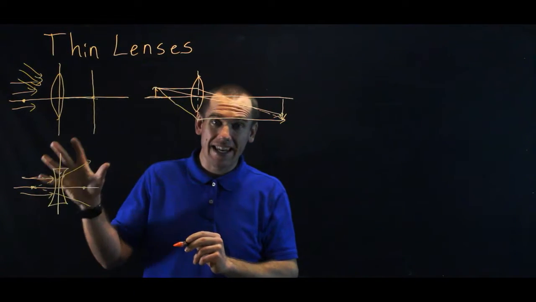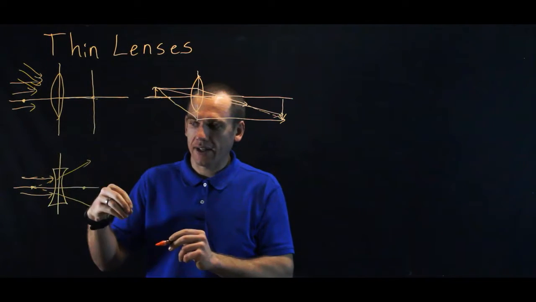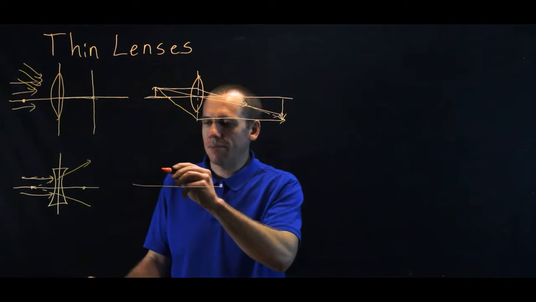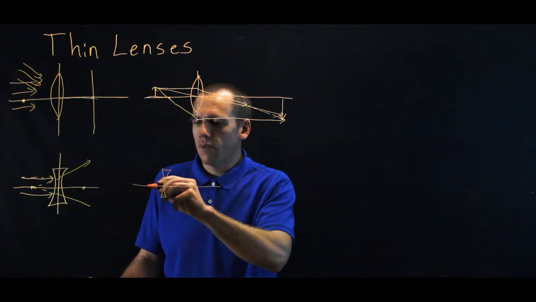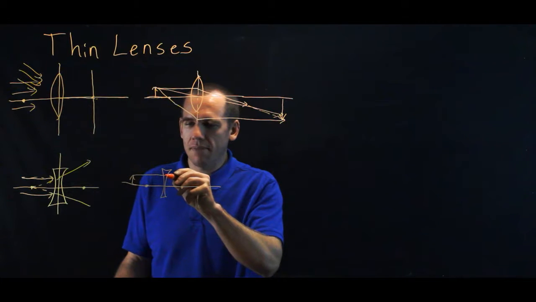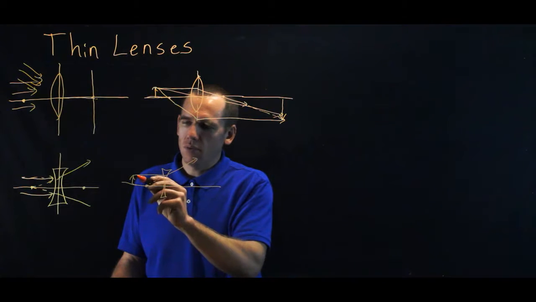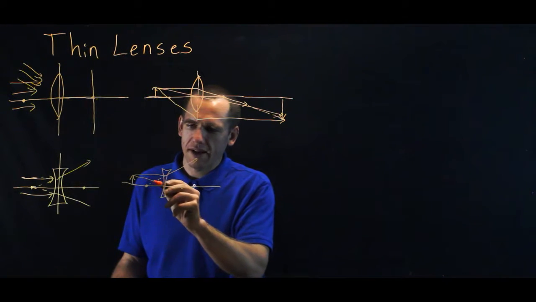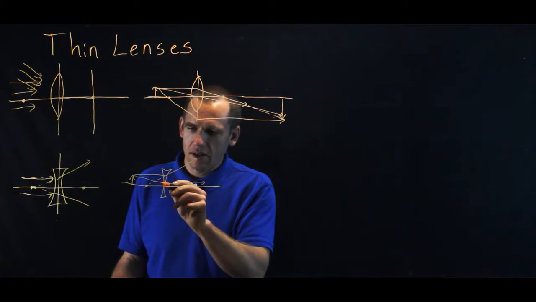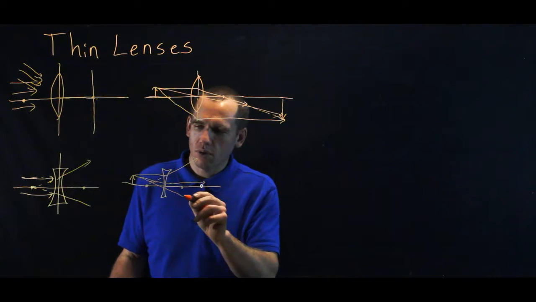So when parallel rays of light come in, they diverge from each other. Now that makes this lens incapable of producing a real image. It cannot focus light to a point, so it can't project an image. But we can still see virtual images. And again, the ray diagram is similar. Focal point, we put our object out here. I can draw the light here. It bends this way as though it had come from that focal point. This one, I'm going to take it towards that focal point, and it will bend parallel. So then the virtual ray comes back, and then the third point is right through the lens, and we see